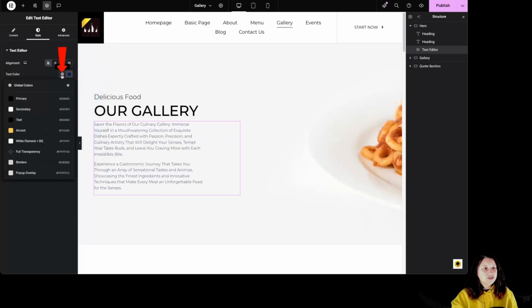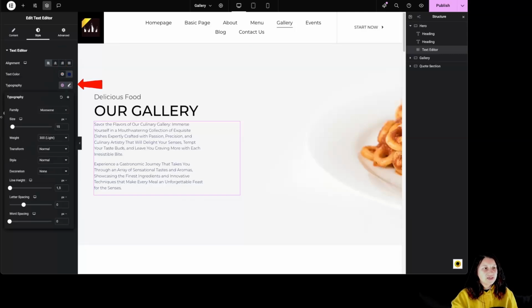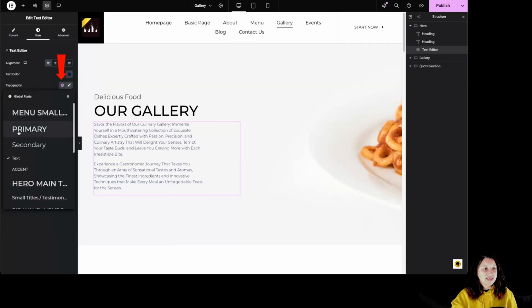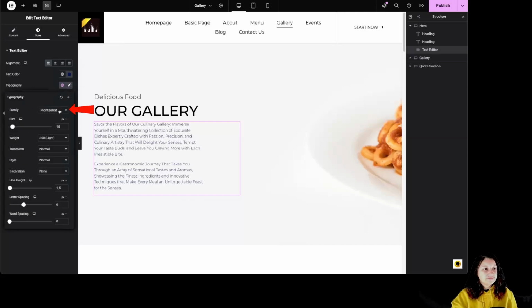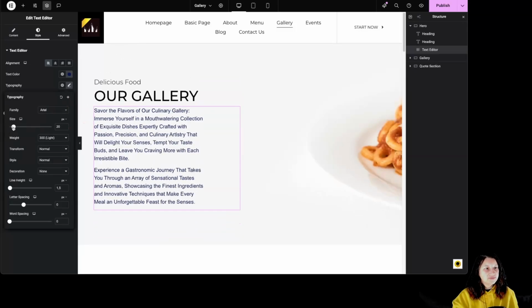we can always use global colors from over here, the typography from over here, custom typography over here, and global fonts from over here. We can change the font family from over here, the size from over here. We can always change from pixel to something else from over here, the weight from over here,